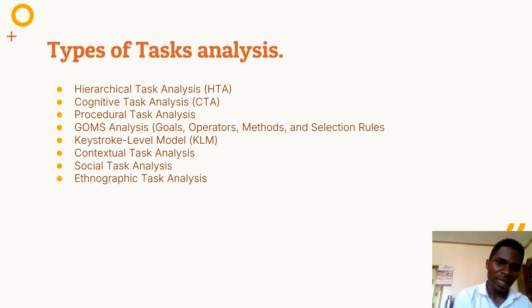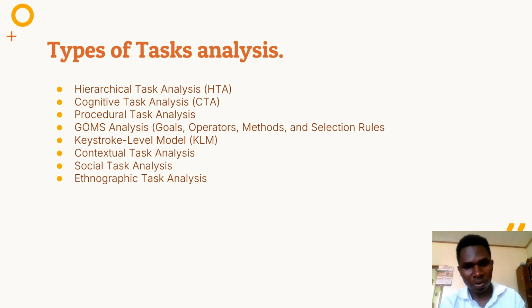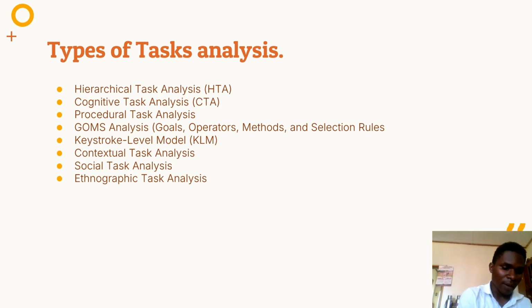Then we have the method the user will use to accomplish the tasks, and then the selection rules or the decision point, the decisions he takes to complete that or that determine the method to use in order to accomplish or achieve that goal. Then we have keystroke